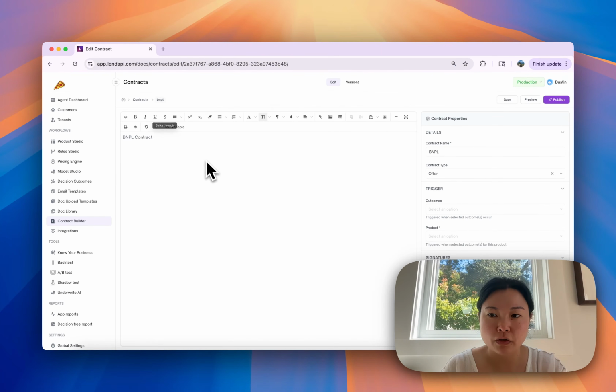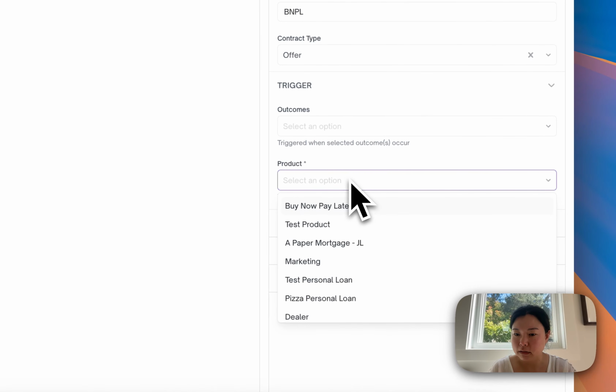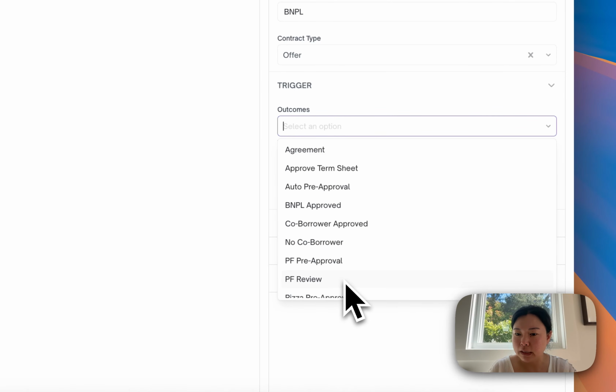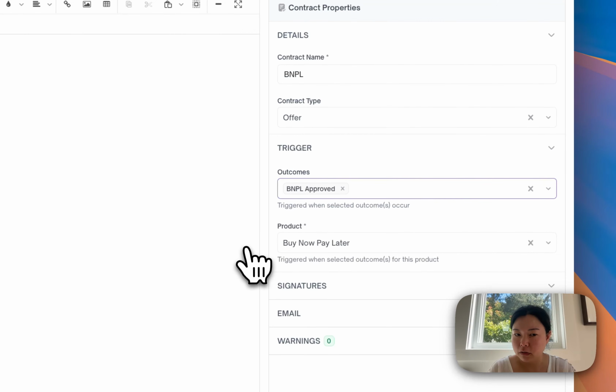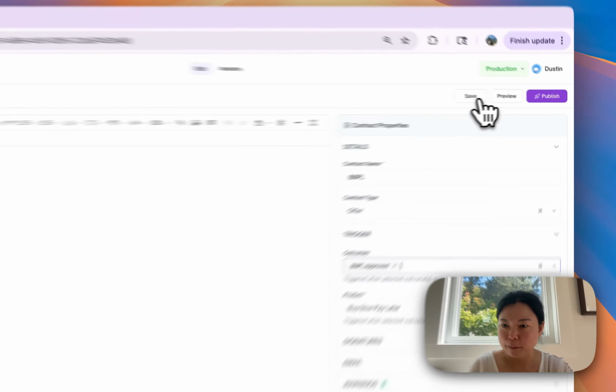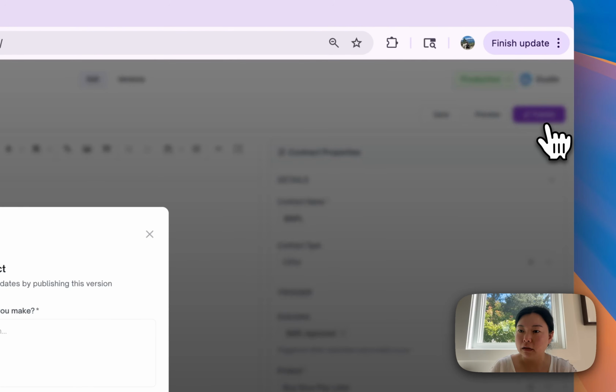Now, to make sure the right contract is pulled back into your product of choice, the first thing you have to do is make sure that the product that you're looking to connect to is selected here in the product dropdown. And after that, you also have to indicate which offer outcome triggers this. Now for us, because we created the BNPL approved outcome here in Rule Studio, we will trigger this contract to be saved and published when the BNPL approved outcome is triggered. So when you're ready, we can publish